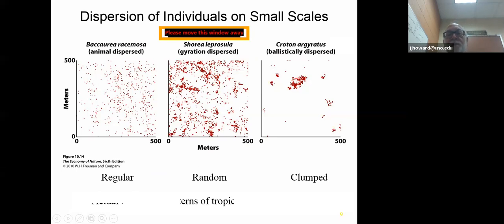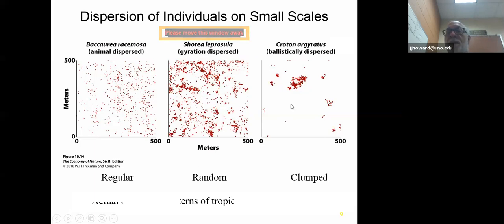It's a big tree, and so it's dispersed by having their seeds blow in the wind with these little wings. And so you see that this is much more random. And some plants are extremely close to one another, but others are very far away from others. This pattern may not look all that different from this one, but when you measure the distances among individuals or the number of individuals in an area, you see that there's really kind of no consistent pattern compared to this